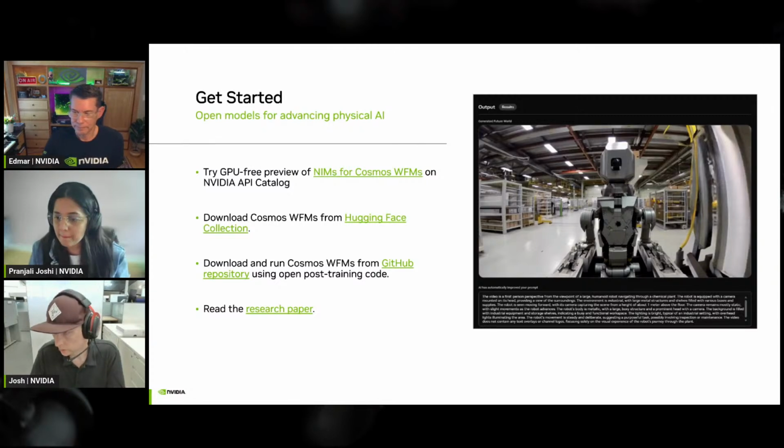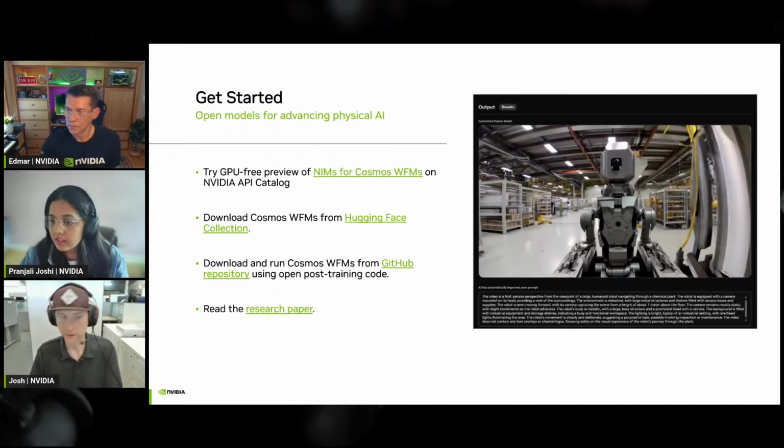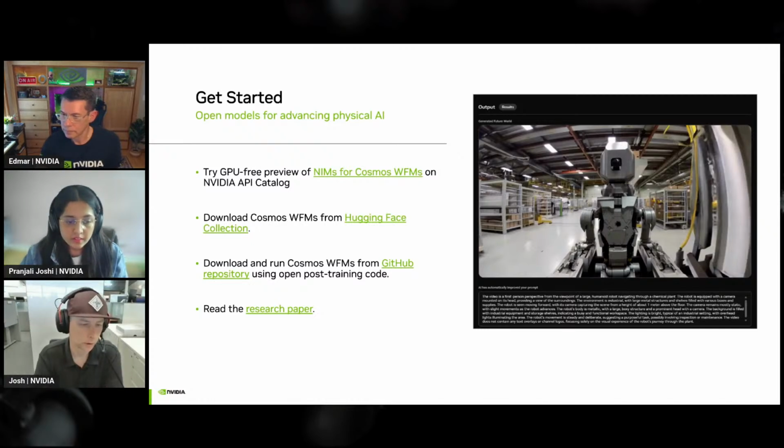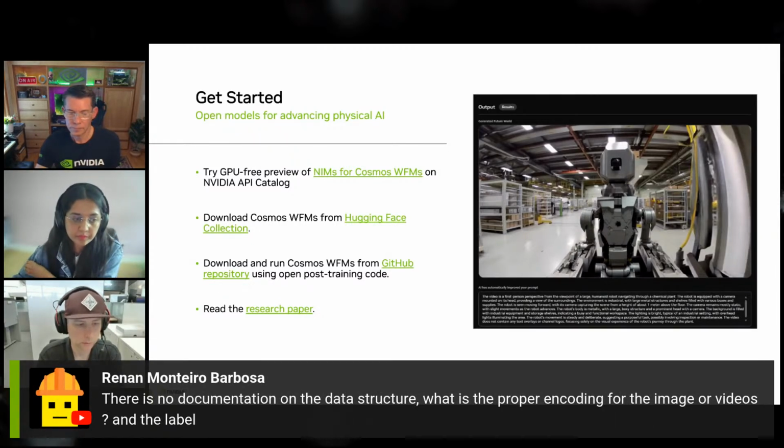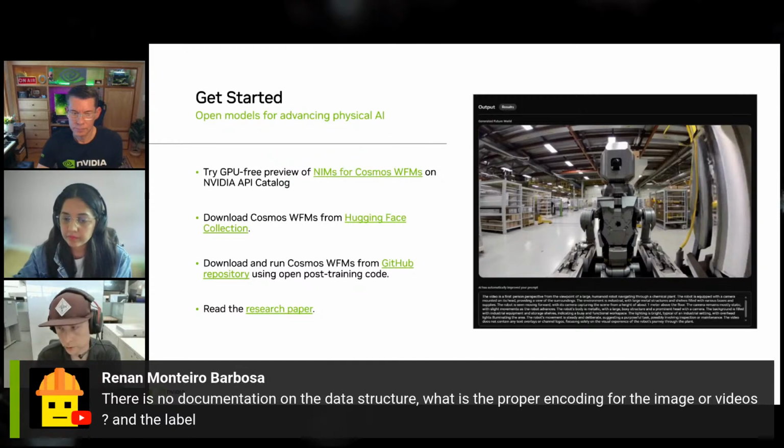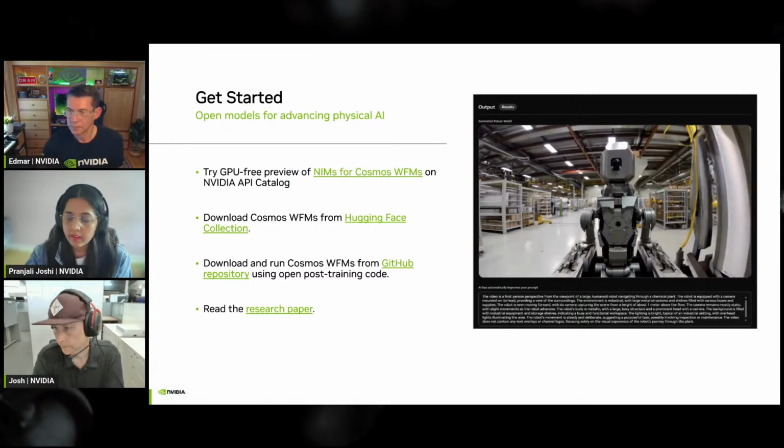There's also a question: there's no documentation on the data structure, such as the proper encoding for images and videos and the label. I think all of this will come along with the GTC release and associated announcements. Great question.